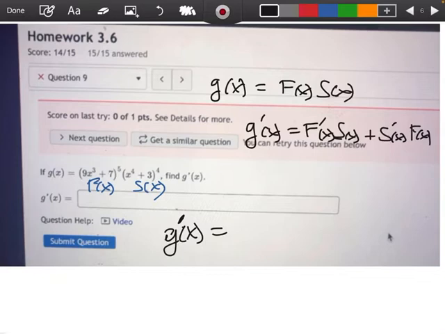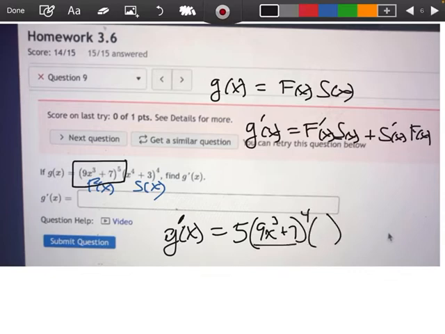Okay, let's take the derivative of the first function. So remember, the derivative of the first is going to say 5, 9x to the third, plus 7 to the fourth, times the derivative of what's inside. So the derivative of the inside is going to be a 27x squared. Okay. And then times the second function, which is x to the fourth plus 3 to the fourth, okay, plus